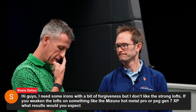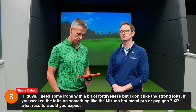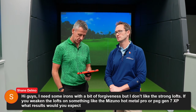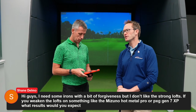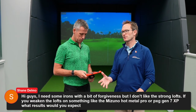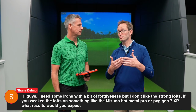Shane Delmo: Hi guys, I need some irons with a bit of forgiveness, don't we all? But I don't like the strong lofts. If you weaken the lofts on something like the Mizuno Hot Metal Pro or the PXG Gen 7 XP, what results would you expect? Well, the Hot Metal Pro, you're not going to weaken by much because the frame's quite firm. And something like the XP, you're starting from such a strong place on loft that you're not going to get very far with it, because you can only really adjust about 2 degrees or so